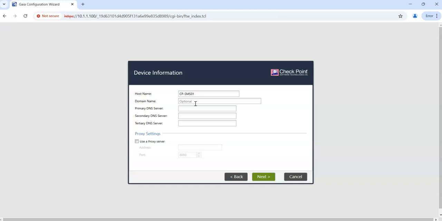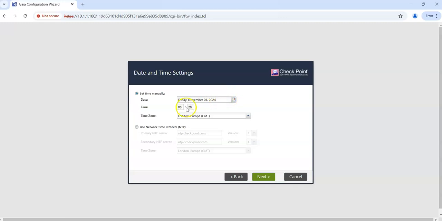CP-SMS01. SMS is Security Management Server, and we call this one mylab.local. The DNS server is the internet, the broadband router I have here, but I can also use the Google DNS. So if we say next, I'm using the current time here. Then if I say next,